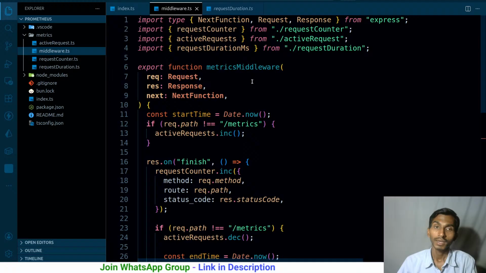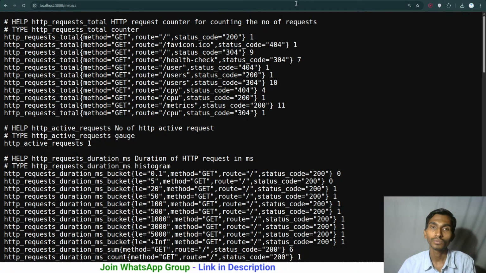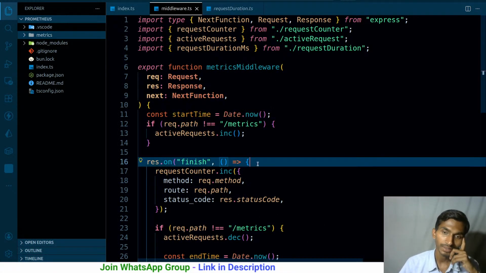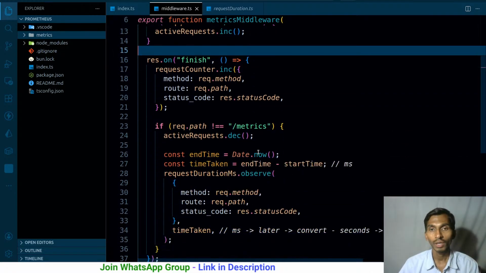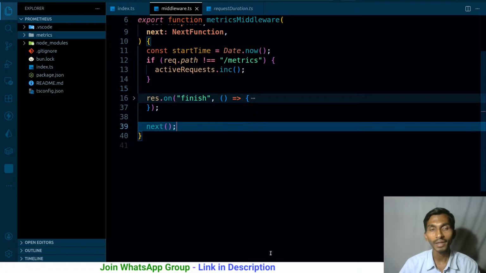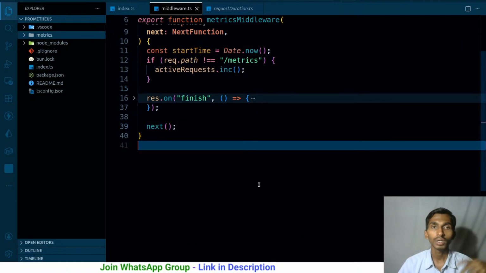What is the next thing? The next thing is that this time let's start working with Prometheus UI. So far we are working with this backend that is running on my local machine, and I'm getting to know about the requests and all directly through that particular route. It's time to set up a Prometheus UI, and again we will be running that Prometheus UI on our local